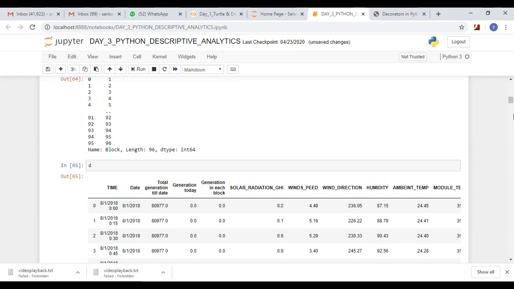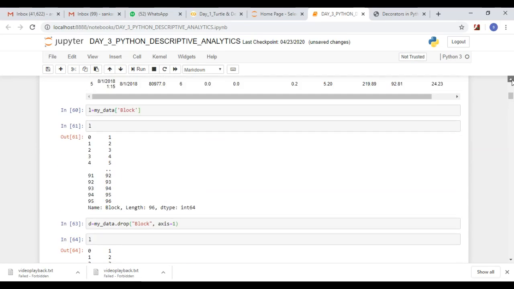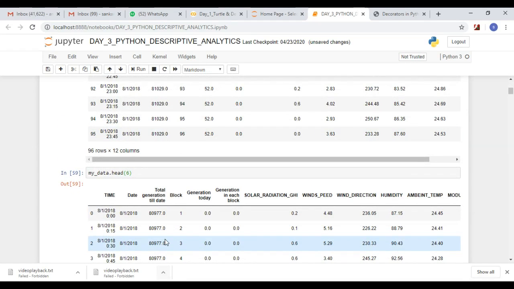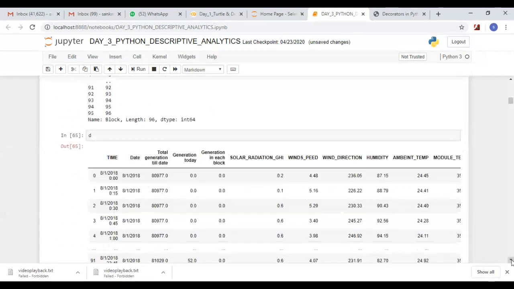Time, date, order generated, generate block is this block generation till today. Within this generation and the total generation date block will not be printed in that, because we have dropped that.